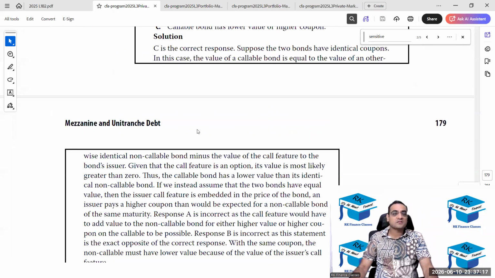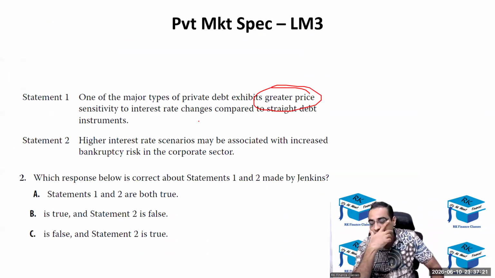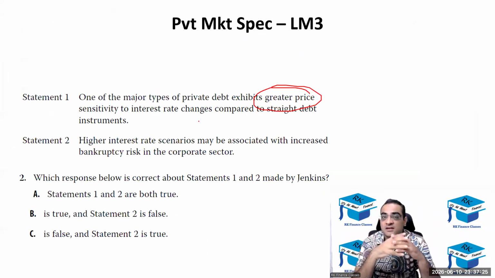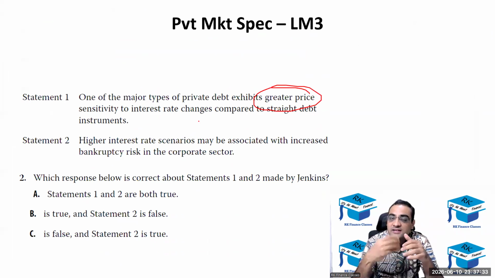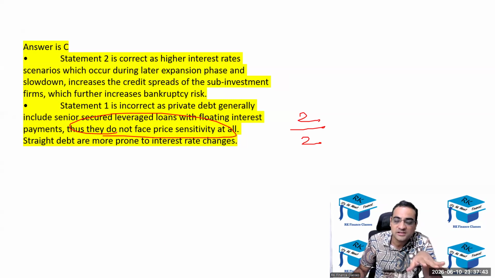Okay, but the correct answers were either what I gave, either they could be callable or puttable, and because of that, the duration becomes lesser and hence the price sensitivity becomes lesser, or they could be floating coupon rate bonds, and because of that, as the interest rate changes, along with that the coupon amount will change, and hence the price will be more or less stable. Don't say the price would not be changing at all. Say price will be changing lesser, but I'll give full marks for this.